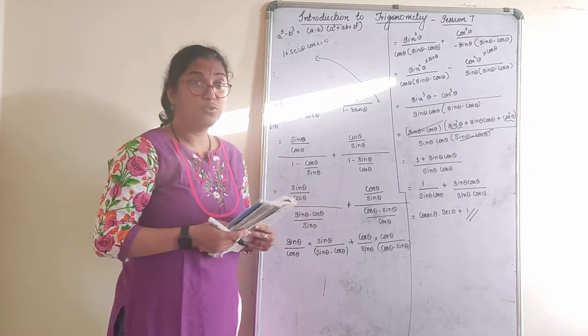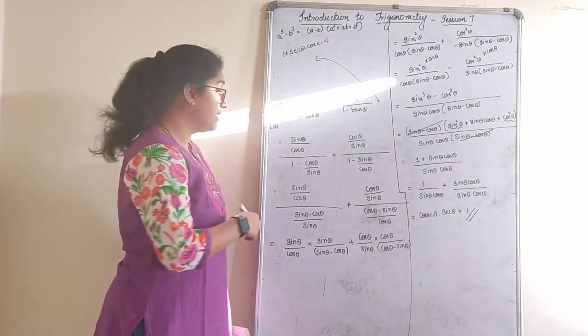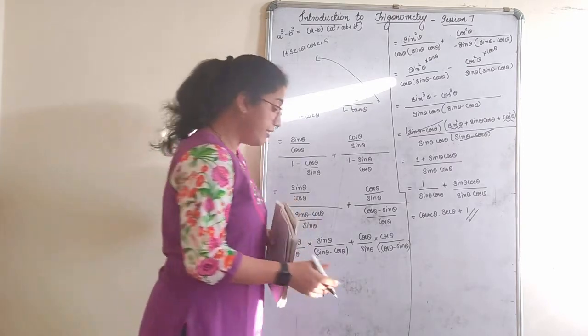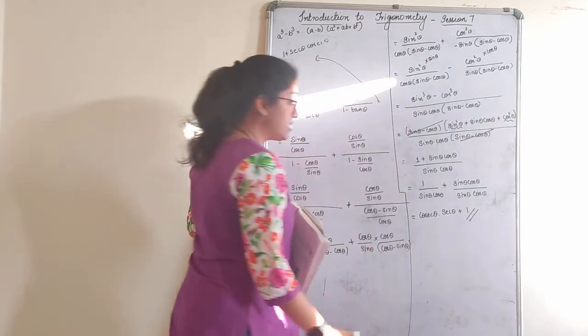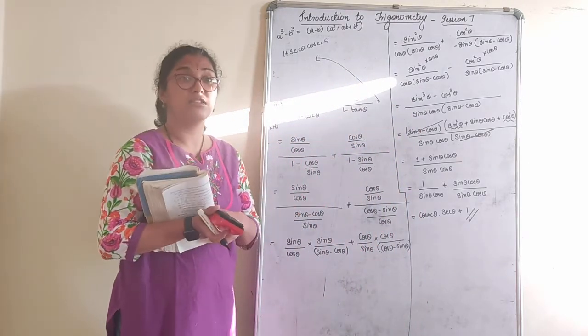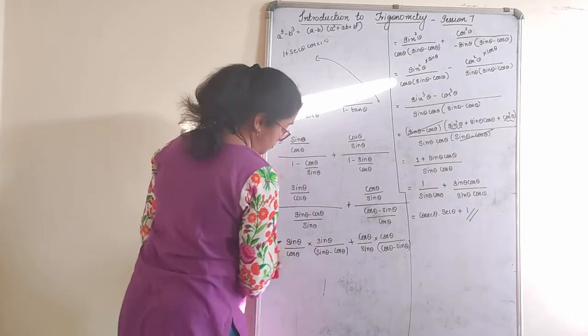Quite a lengthy sum, children, but go through it neatly, stepwise, and solve it again and again. It should come in one flow. Trigonometric identities, many will find difficulty in understanding and solving. That's only because of lack of practice. You read the sums rather than solving the sums. Please solve this. It will be easy for you.